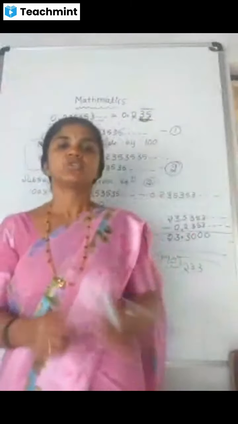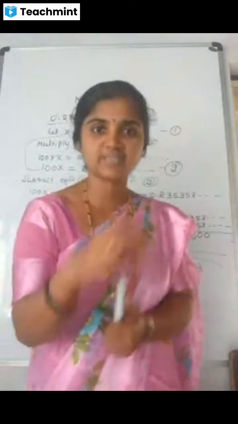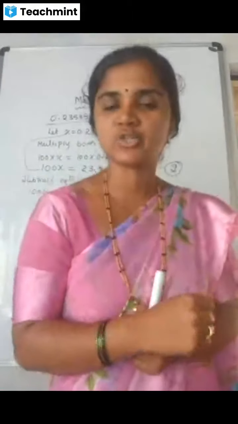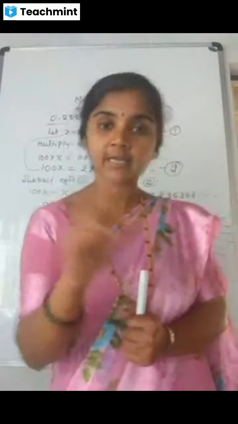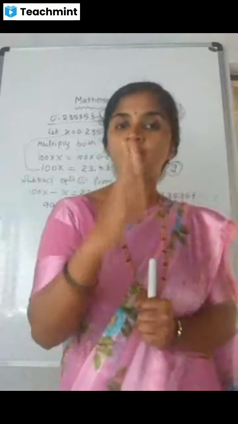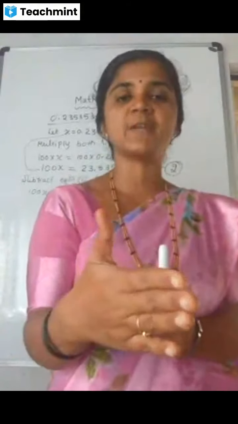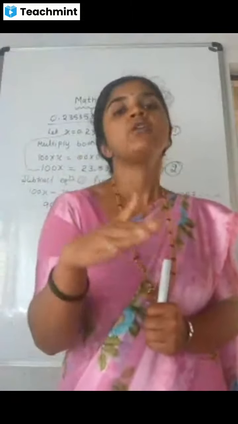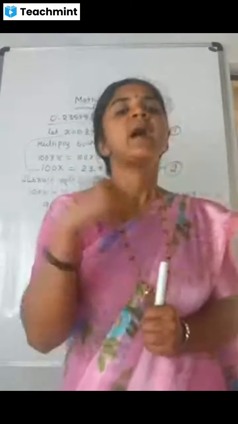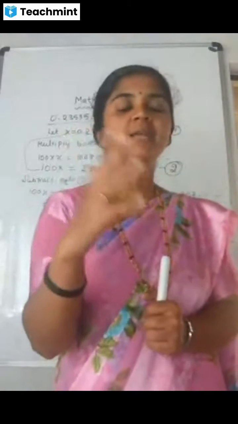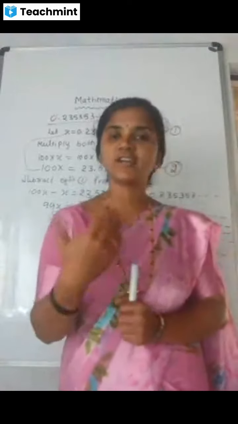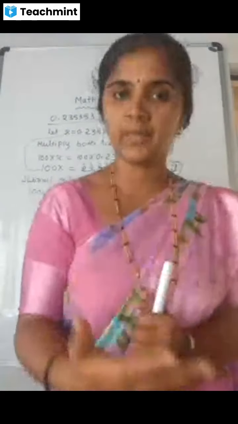Now, what is our conclusion for this class? We can express terminating and non-terminating recurring decimals into P by Q form. So on the basis of decimal expansion, the decimal expansions like terminating and non-terminating recurring, we can add to the rational group, and the last type, that is non-terminating and non-recurring. We don't have any method to convert non-terminating, non-recurring into P by Q form.